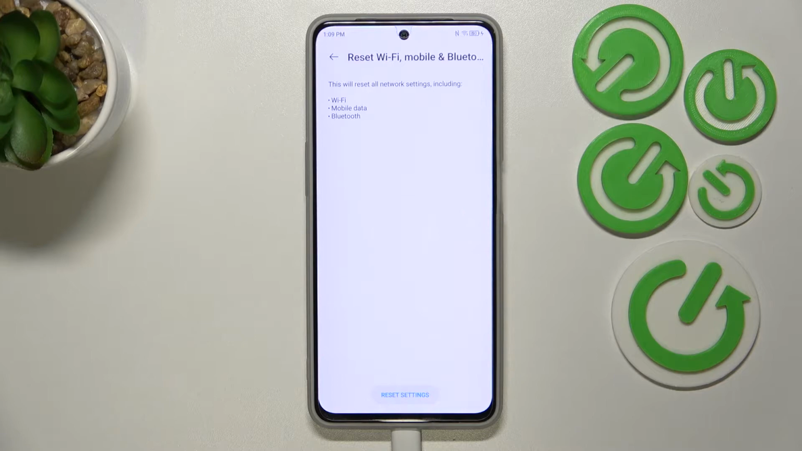Here your device is informing you that it will reset not only the Wi-Fi, for example, but also the mobile data and the Bluetooth. So let's tap on reset settings here, and your device will ask you if you really want to do it, because you cannot undo this action. So if you're ready, tap on reset settings, and as you can see we've got the information that the network